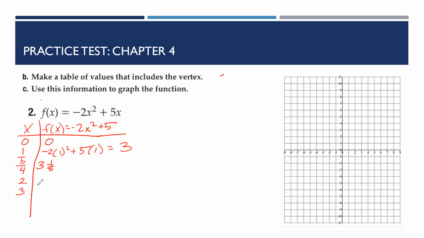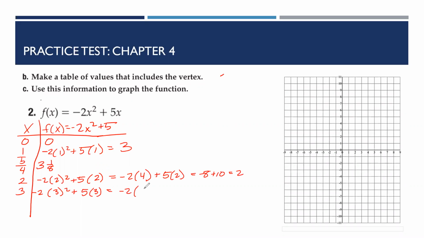And then when you plug in 2, you end up getting negative 2 times 4 plus 5 times 2, which is negative 8 plus 10, which is positive 2. And then you plug in a 3 for x,